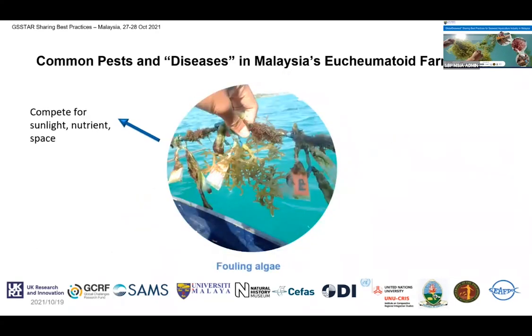Next is the fouling algae, which are commonly found on the cultivation lines and also entangling the seaweeds. These fouling algae compete with the eucheumatoid seaweeds for light, nutrients, space, and even air circulation. Reports have also indicated that photosynthetic efficiency of the crops is affected. In general, less fouling is observed when the current is strong. Therefore, farmers should regularly remove these fouling algae from the lines and discard them on land instead of throwing them away in the sea. This will help to ensure better growth of the seaweeds, especially when there are no strong currents to wash them away.